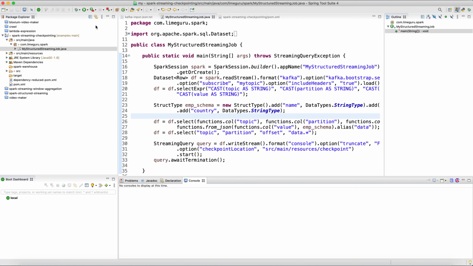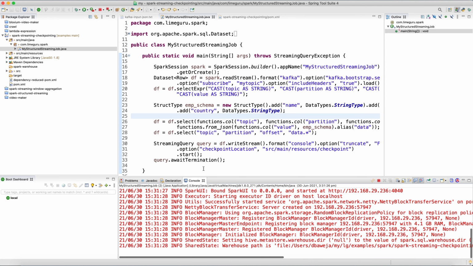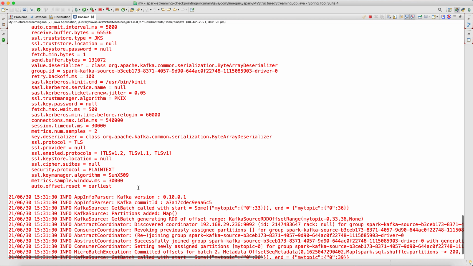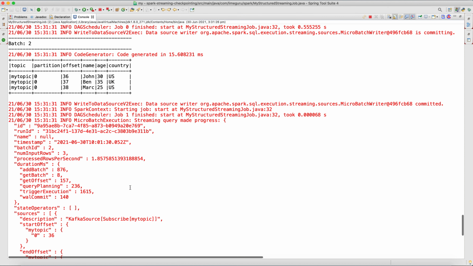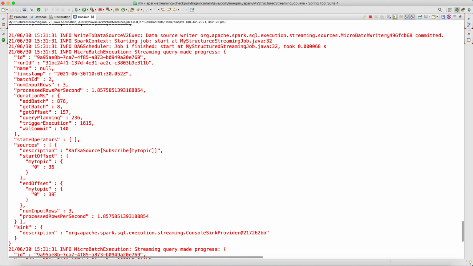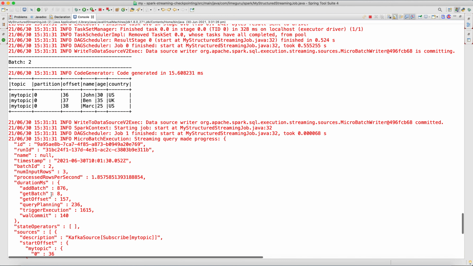So earlier the checkpointing was not enabled, so all those messages got lost. Those 3 messages got lost. But let's see now what happens, because my checkpoint is enabled. So now you can see that the count has gone from 36 to 39, and it has processed those messages also. All those 3 messages which were pushed to Kafka when the Spark job was down, whenever the job came up, it has processed my previous messages also. None of the messages has been lost.